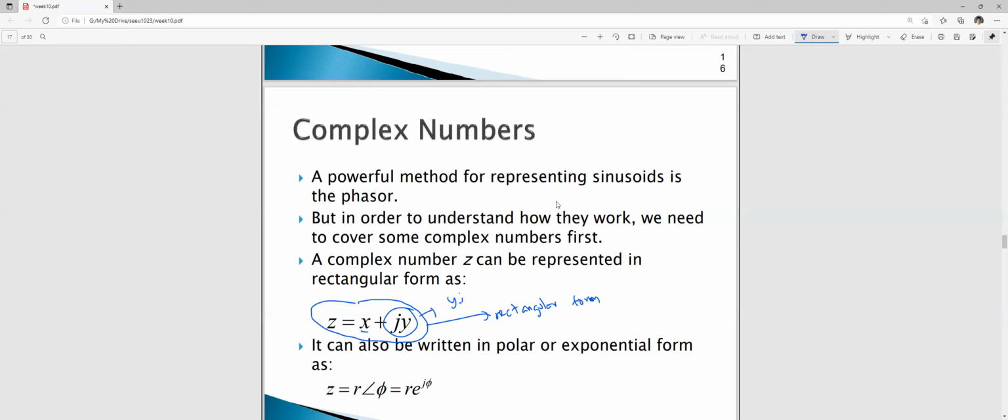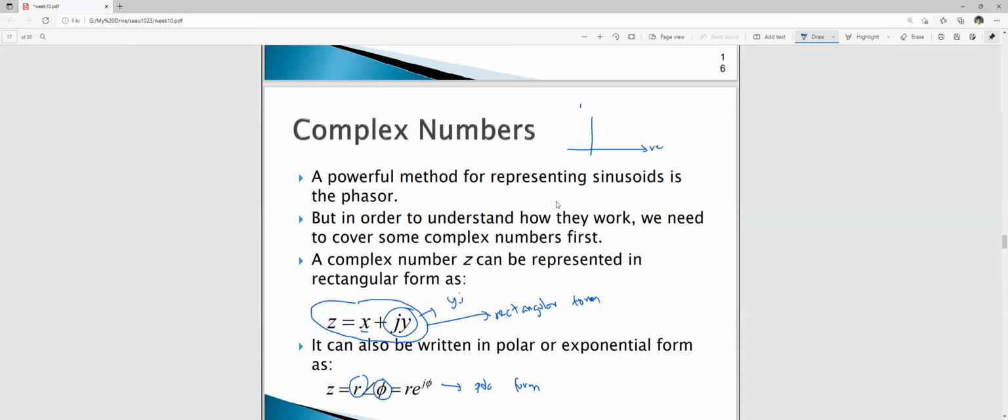Okay, and these complex numbers can also be written down as shown here. We have the value of the magnitude and an angle phi. So this is what we call the polar form. Okay, so what is meant by complex numbers is that if you have a plane,